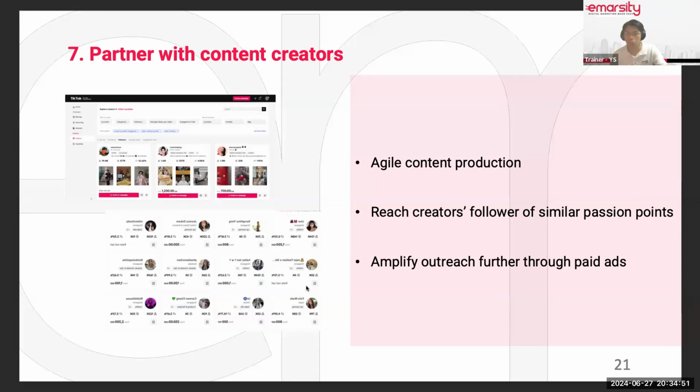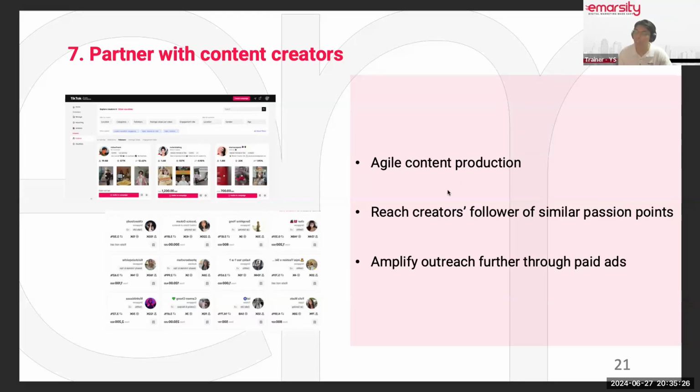On the other side, I also work with clients where we took this approach. They also managed to gather quite a number of content creators to post about their product or service in return for a free product or service. The good part about partnering with content creators is they are very agile in content production, because content is what they do. Content ideation and content production, they do it on the fly. They have to constantly create new content, so they're able to come out with content ideas and production very fast.